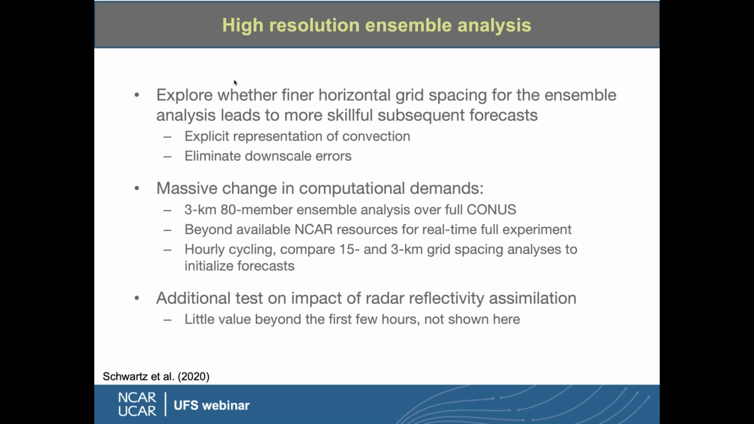And so what we wanted to explore was, what if we just went straight to 3 kilometers for our cycled analysis system? Now we don't have to introduce those downscaling errors when we initialize the forecast, and hopefully by explicitly representing the background convection, we'll be able to more effectively use the available observations. That's what we did, and we used basically a full CONUS 80-member 3-kilometer analysis with